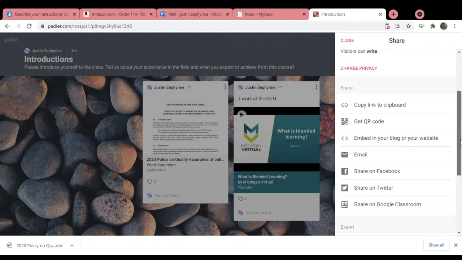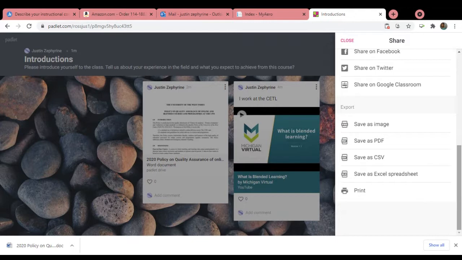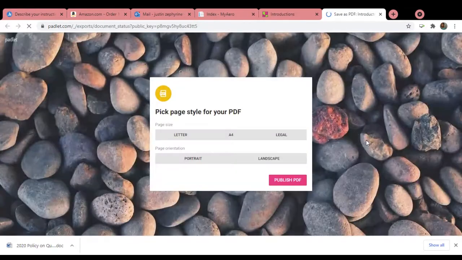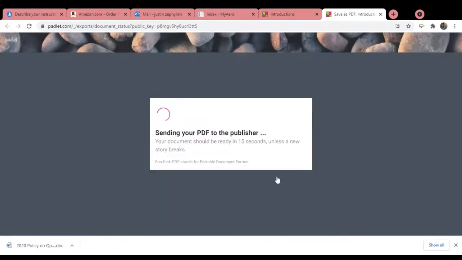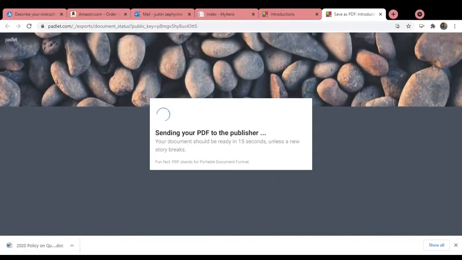All right. And if you want me to show you that, I can show you it at the end of this session. But then when you want to export it, let's say I did a big portfolio. Let's pretend this is a portfolio. You save as PDF. You can go letter for now. And then you click Publish PDF. And look at what happens here.